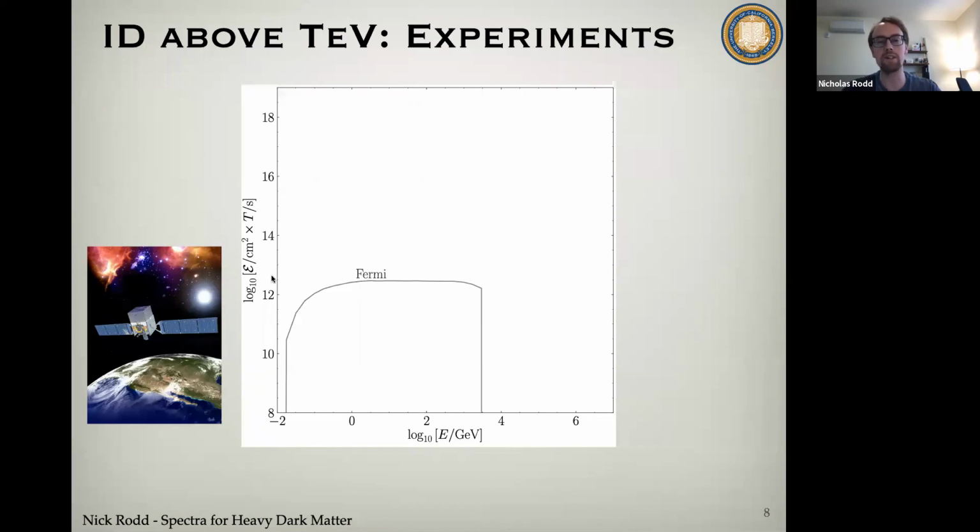To try and give you some intuition, there's actually an easy way to understand why an experiment like Fermi should have an exposure of 10 to the 12, which is roughly what I'm showing you here. The way to think about this is, if I want to see a GeV photon, unfortunately I have to put something into space. The reason is that when a GeV photon hits the atmosphere, it interacts quite strongly, but the resulting emission it produces is not bright enough to be seen on the surface of the Earth. So you have to get above the atmosphere to detect it, which means you have to build a satellite. Famously, satellites are expensive. We can't put a kilometer squared telescope into space.